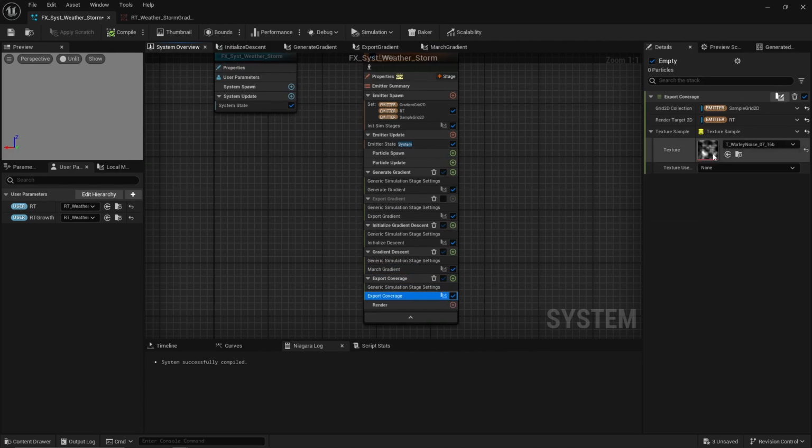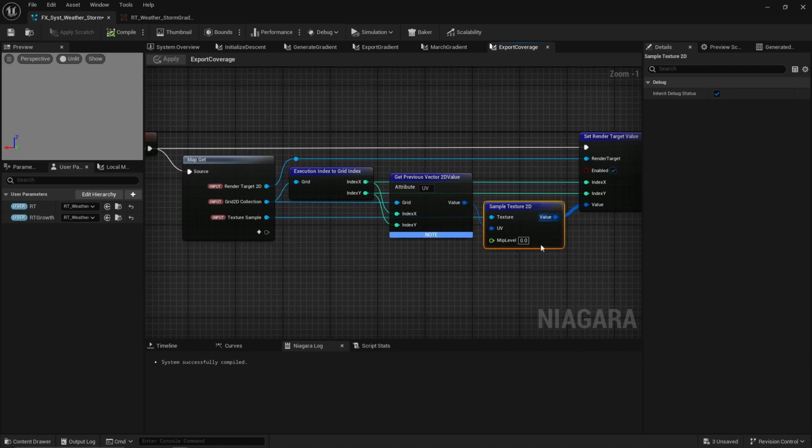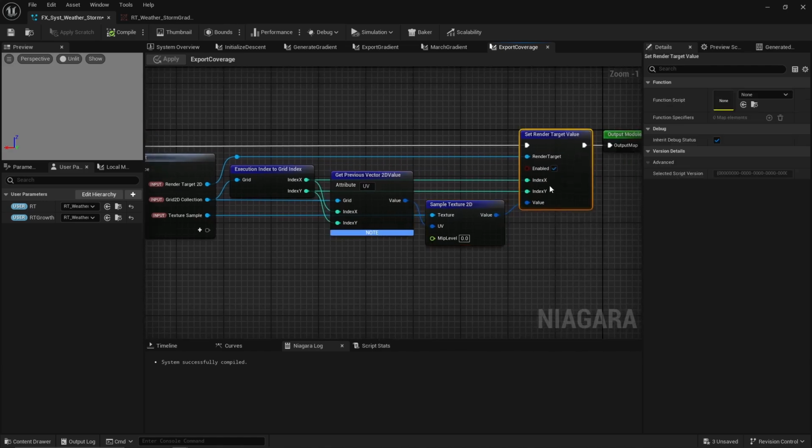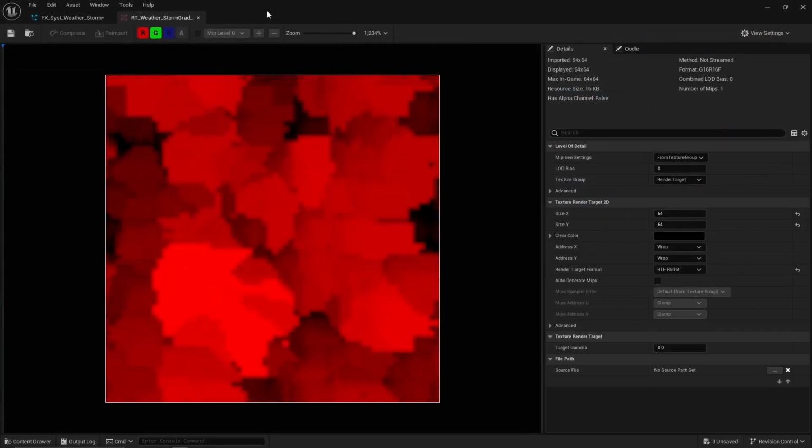Finally, I sample the coverage texture at that location and voila. In theory, each pixel can now sample the highest coverage value of the cloud it's part of,